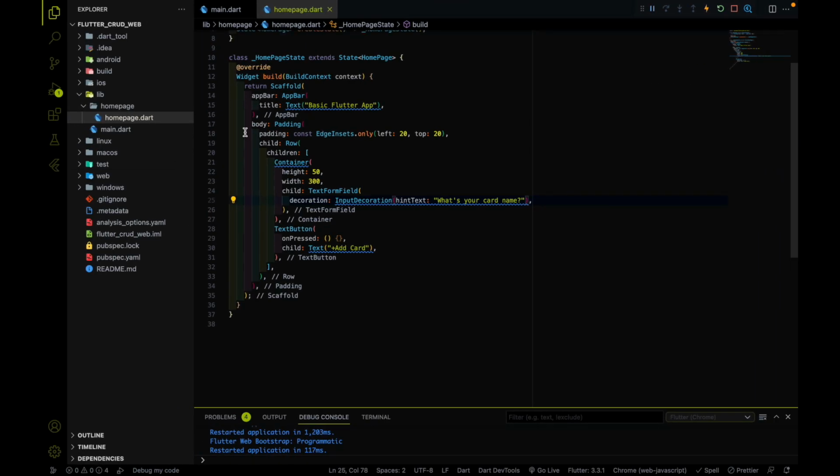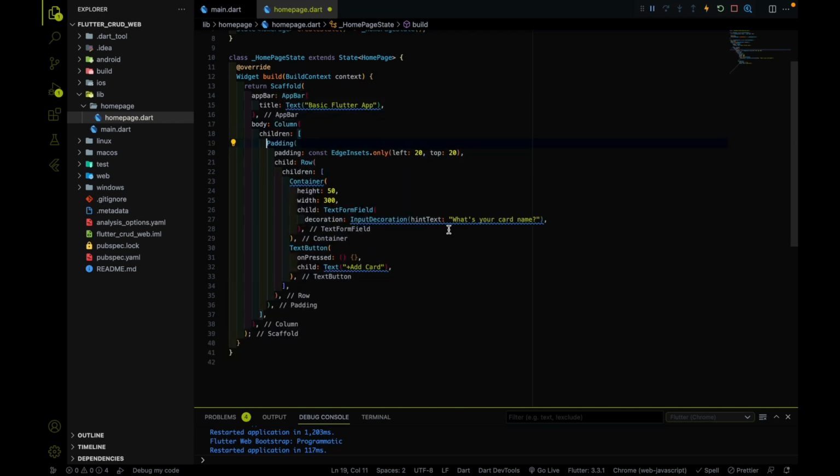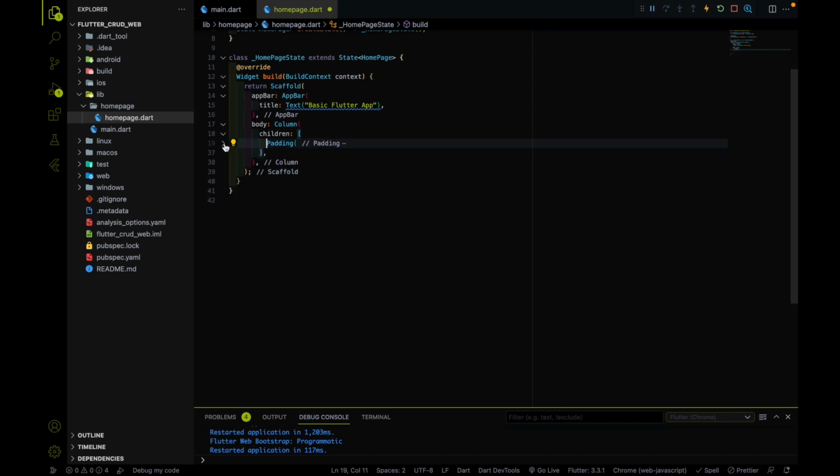If it is making sense, then what I will do is wrap the whole widget inside a column. So now this padding widget becomes the first children of our column, and now I wanted to add a second children. For the second children, I wanted to use a container first,